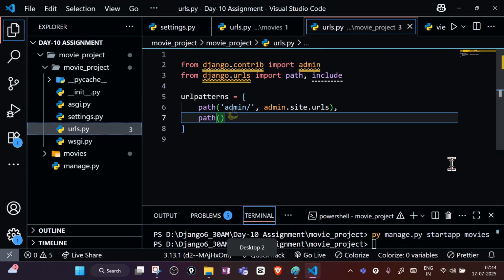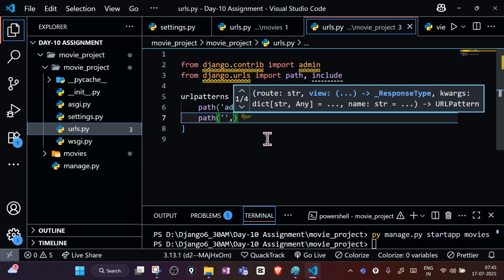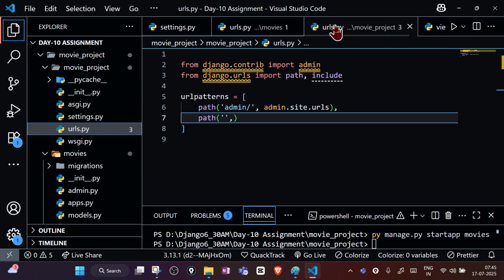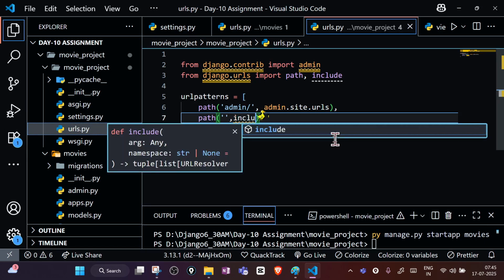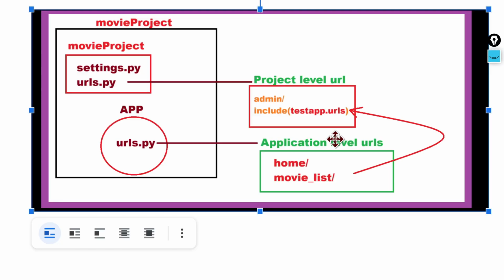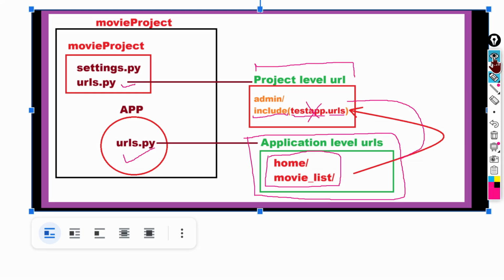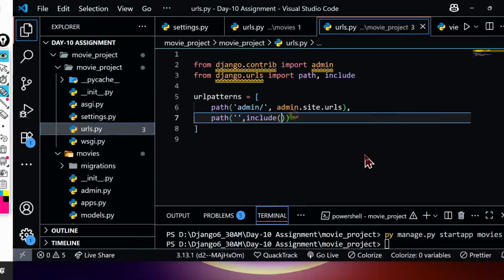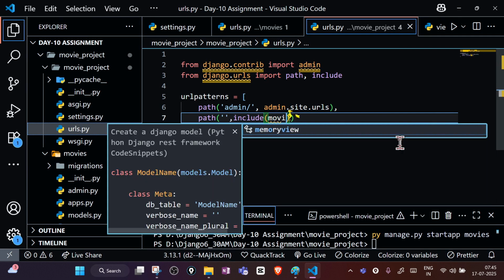So here we will write empty. We are not giving any endpoint name because all the endpoint names are written inside the application label. Just we need to include it. So how to include it? Just call the include function. Inside the include function, write two things. One is your application name and the file name. This is your application name, and this is the file name inside the application. So do this. So movies dot